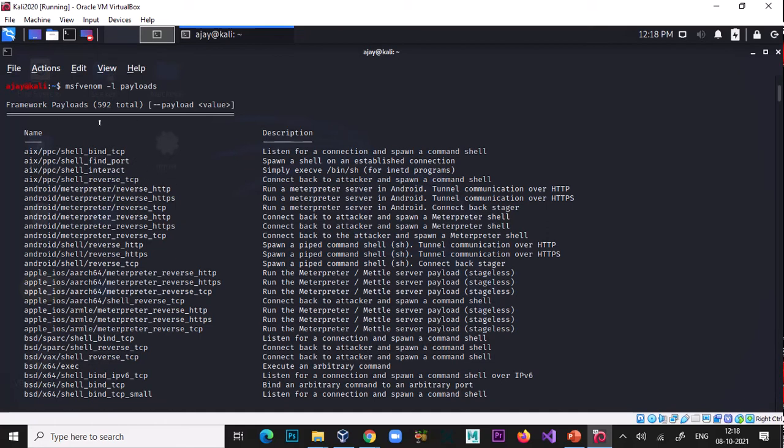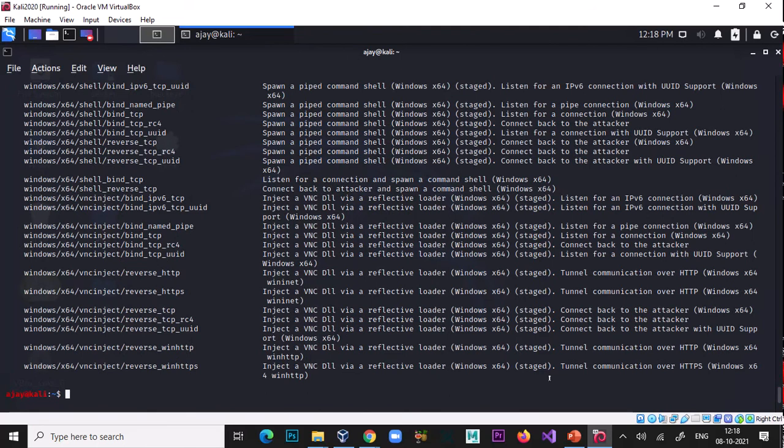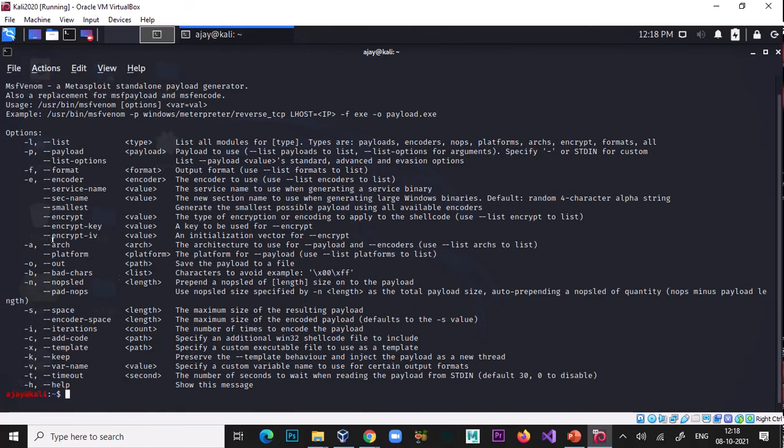There are 592 payloads available in this MSF Venom. Now if you type msfvenom --help, this shows how to use this command. If you want to make a payload, just use -p.